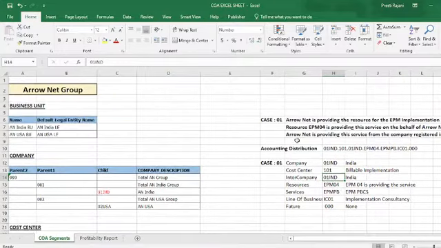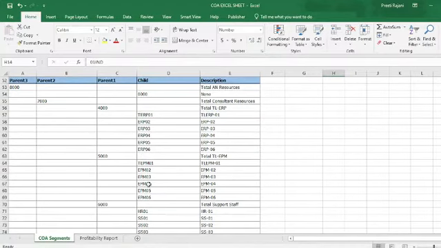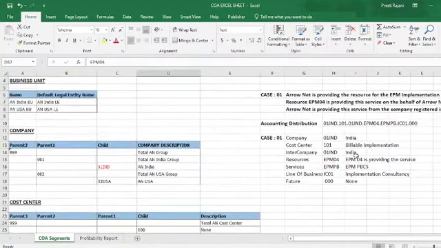Then which resource is providing this service on the behalf of Aeronet? It is EPM04. So under the resources you have to take this resource. You can see here, and which service is provided by this resource?